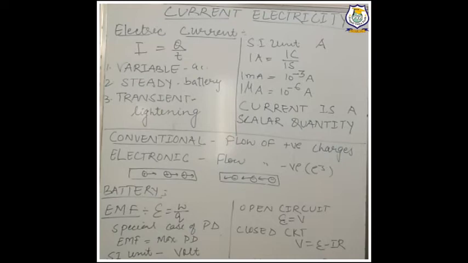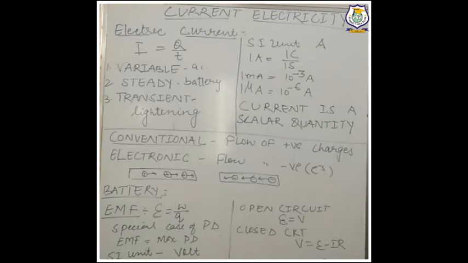Now let's come to the point, what type of quantity is current? See, in physics, we have a large number of quantities, and we know the nature of each quantity also. So here also I would like to focus on what type of quantity current is. It is a scalar quantity. Now why is it a scalar quantity, when it has magnitude and direction as well?